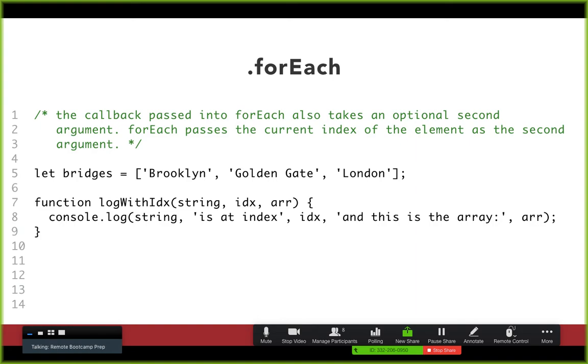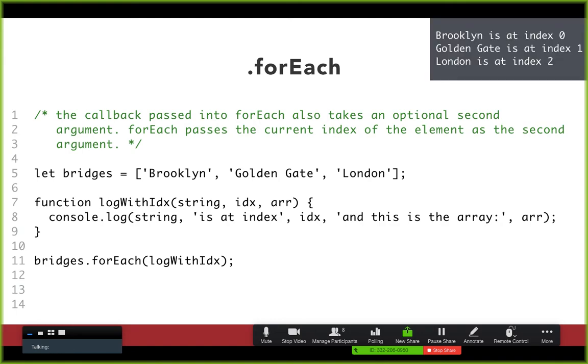What it will pass in essentially is three things, always in that order. It will pass in the element, it will pass in the index of the element, and it will pass in the entire array itself. And I know this is going to be confusing right now, right? But if we just walk through it step by step,